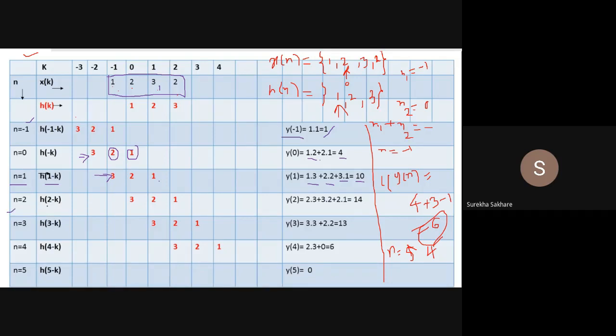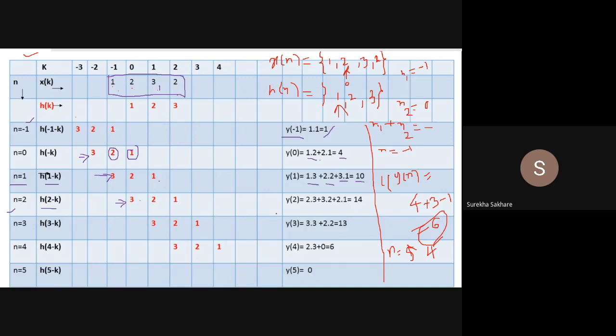Okay, n is equal to 2 now. When n is equal to 2, h of 2 minus k means another shift to the right hand side. Now I'm getting 3, 2, 1. See, shifting becomes easier here with a lesser number of values. That's why it is easier to go for this shift. So 3 here overlapping with 2. There is nothing in the left. 3 overlaps with 2. 2 is overlapping with 1. Now the perfect overlapping is not there, but still all of the 3 are getting overlapped.